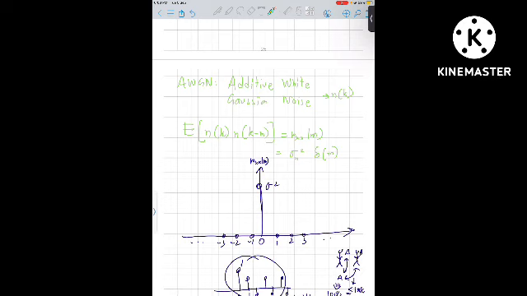When you look at the autocorrelation function of this AWGN, it's actually the Dirac delta function. So 0, 1, 2, minus 1, minus 2, minus 3. So what does it say? So you can see over here that